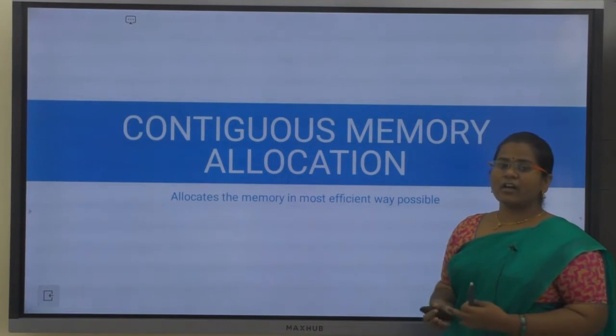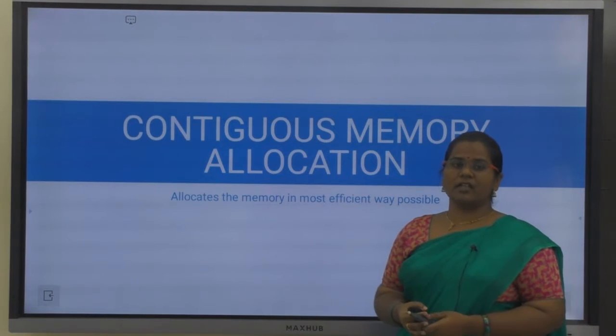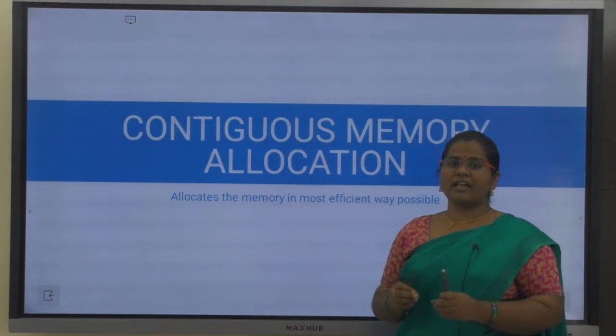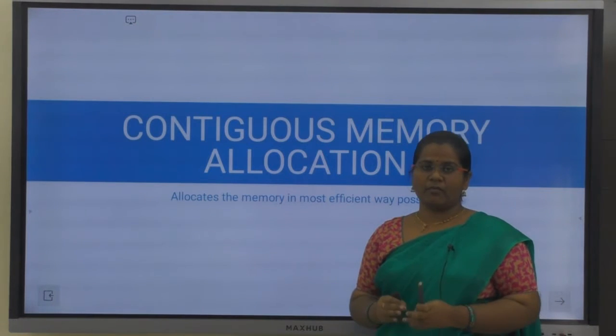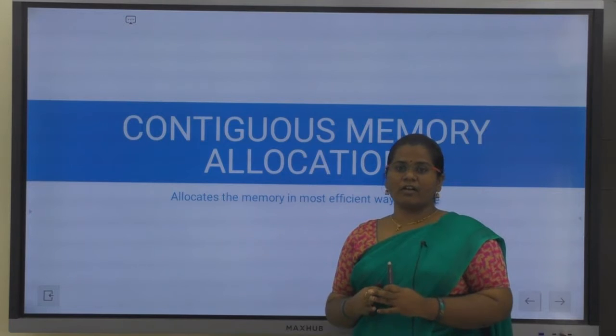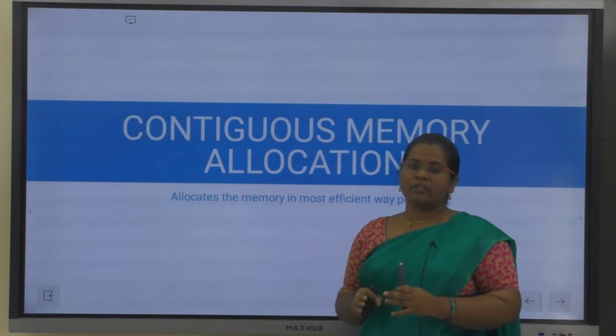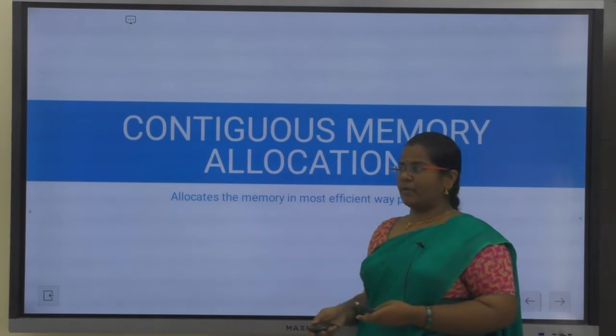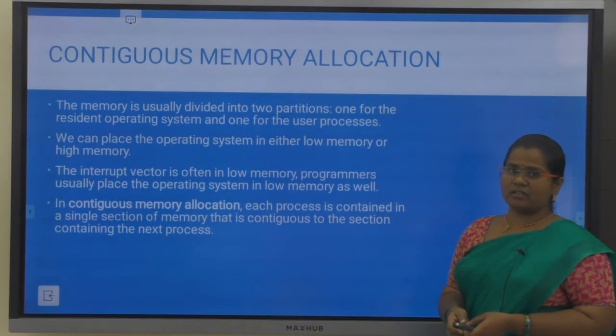Okay, so in the contiguous memory allocation strategy we need to allocate memory to a process in a continuous fashion in the main memory. We cannot divide the process into different parts and we cannot accommodate the memory here and there. So we need to accommodate the memory in a continuous fashion in your main memory. So let us go with this method.